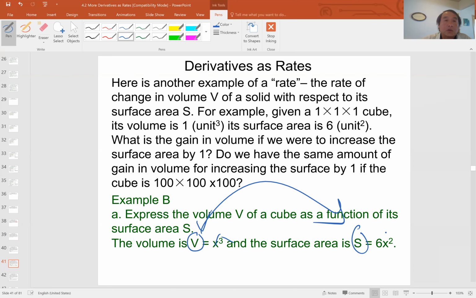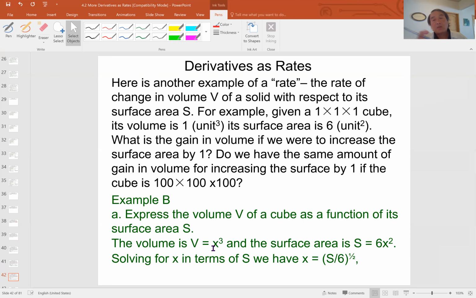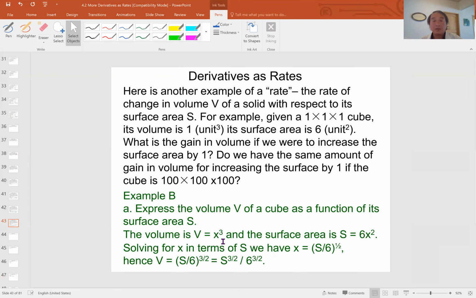The way we do this is we solve for x in terms of the surface, then plug it into the other one. So in terms of surface, x is this much, and we take this value and plug it into the cube, and instead of x, we cube that. So those are 3/2 powers. So this is the volume